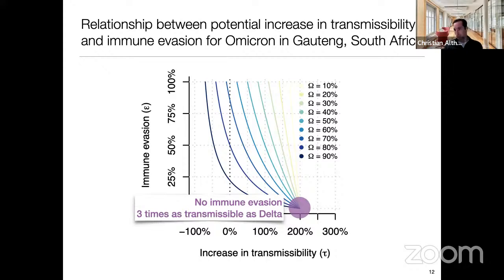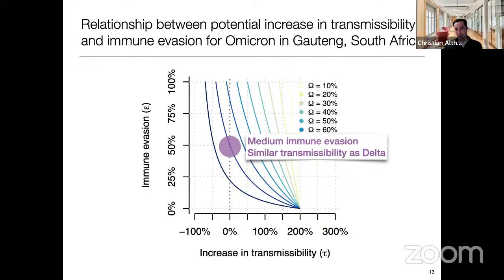So a scenario with partly immune evasion is probably more likely. So let's look at the second scenario, where we account for medium immune evasion. That's a level of 50% in that case. And here we see that for very high levels of immunity in the populations, as is the case in South Africa, the transmissibility of Omicron could actually be quite similar to Delta. If there is medium immune evasion, meaning that the new variant Omicron can evade the immune response in 50% of